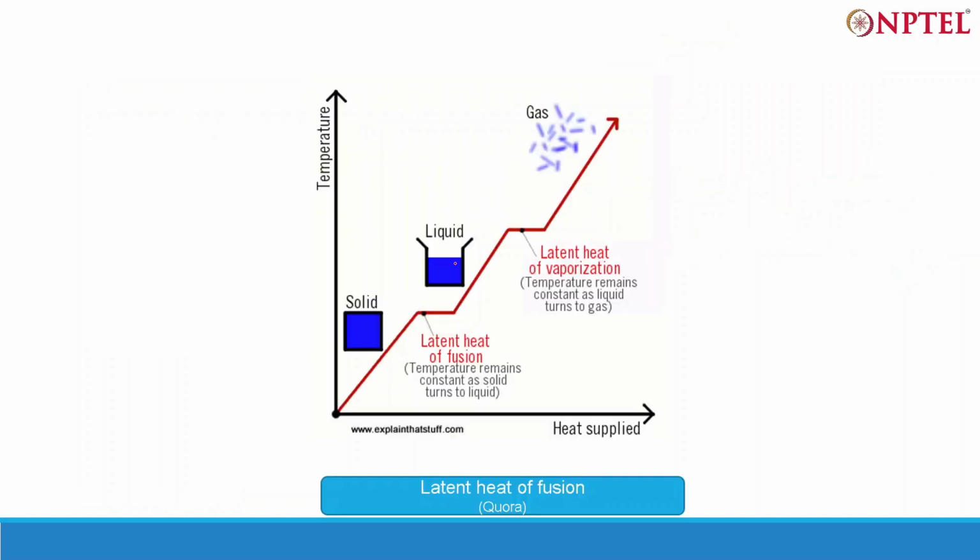So we can see the latent heat of fusion from this graph also. So this is solid, this is sensible heat. Then there is a phase change, this is latent heat. Then this is sensible heat, then this is latent heat. And this is sensible heat. So let's say this is ice. Then it goes up to 0 degrees C and converts to water. And it goes all the way through to 100 degrees C and converts to steam.